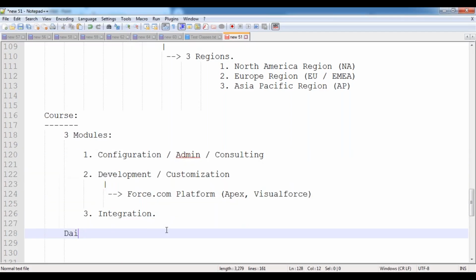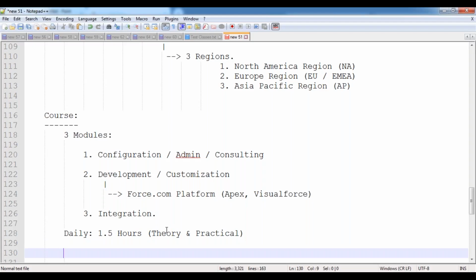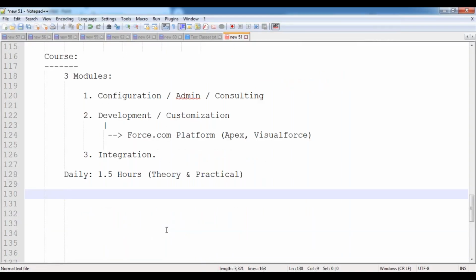And as part of this course, you will be having a daily 1.5 hour session, which includes both the theory and practical. I will be discussing both the theoretical and the practical concepts, along with some real-time practical use cases. Every day I'm going to give the information about that topic, and then the description. I will give some notes also. I will show the practicals also. We'll give some assignments to practice so that we can get some hands-on experience.